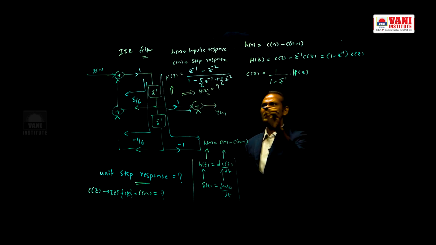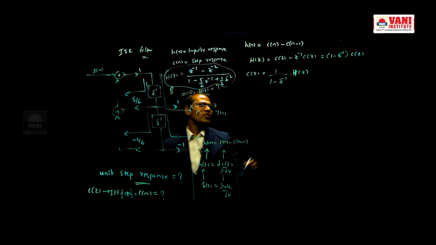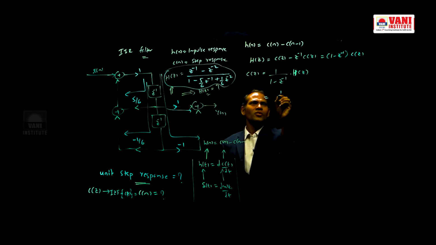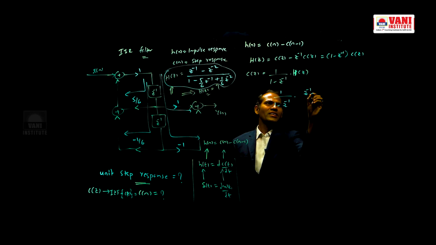So, that is about H of z. This is H of z. Now, substitute that one here. So, 1 by 1 minus z inverse into z inverse minus z power minus 2 by